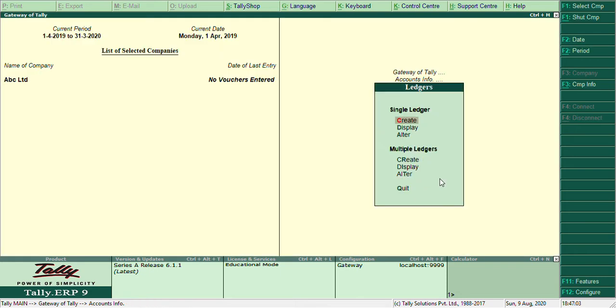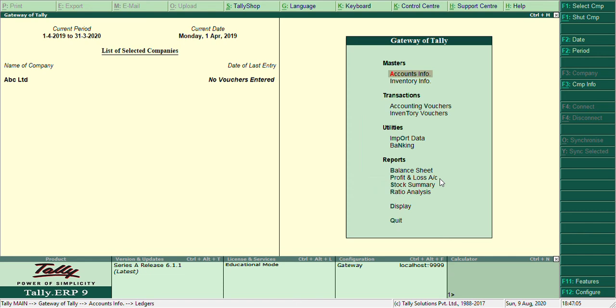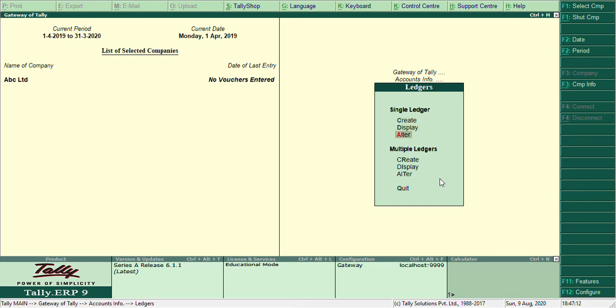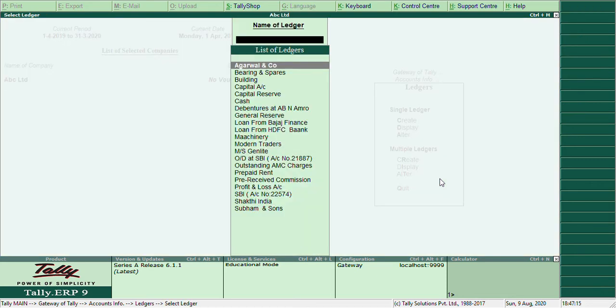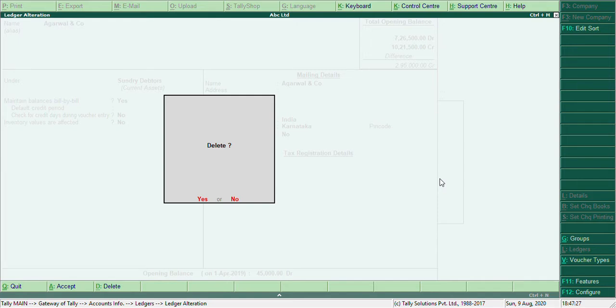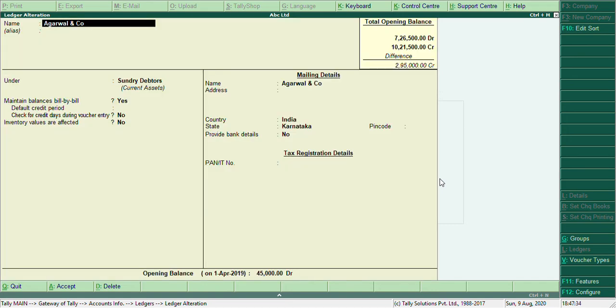If you have to delete any ledger, how to delete a ledger? From Gateway of Tally, go to Accounts Info, go to Ledger, go to Alter. In alteration mode itself, you can do any deletion. How to delete? You have to press the shortcut keys. Deletion is possible by pressing Alt plus D in alteration mode. It will ask delete yes or no. You can give yes if you have to delete, otherwise you can escape.